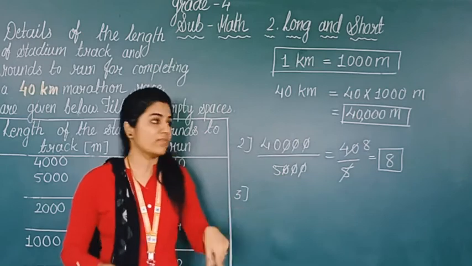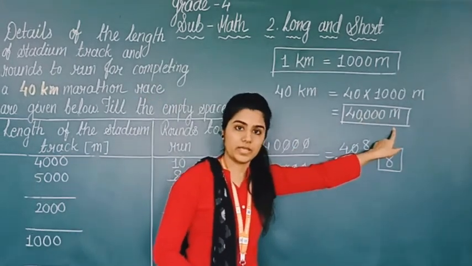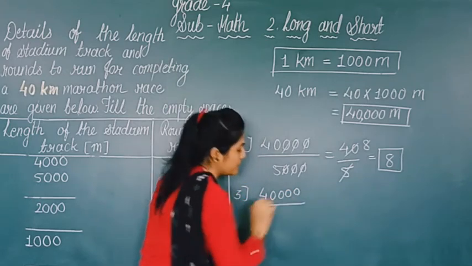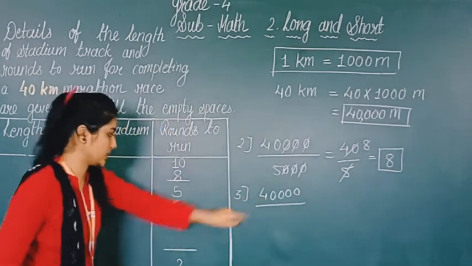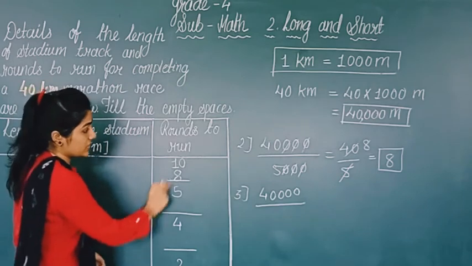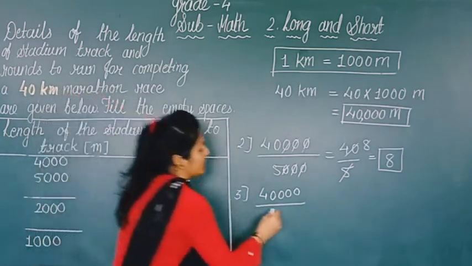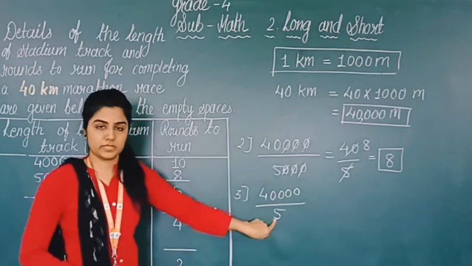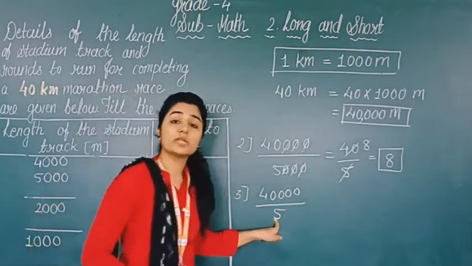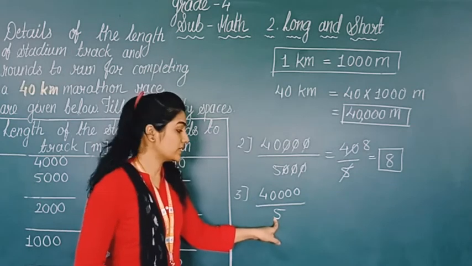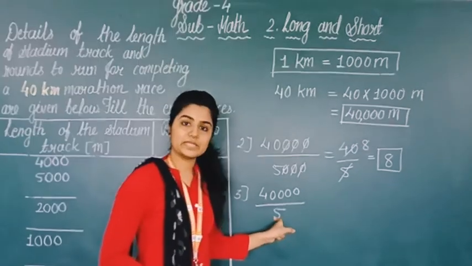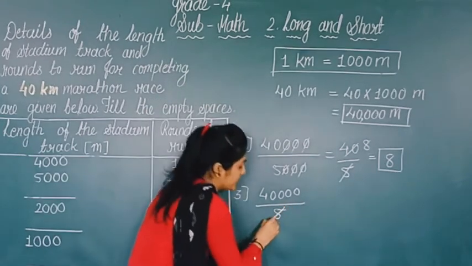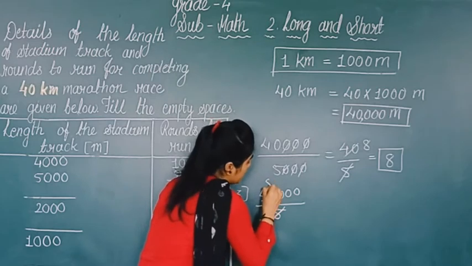तो हमारे पास stadium का 40,000 meter है area, total area. So we are taking every time this 40,000 meter, and we are dividing this 40,000 with this 5, which is our rounds to run. So we are dividing this 40,000 with 5. Now there is no any zero backside here, right? So we are dividing. You have to remember the table of 5. What is the table of 5? 5 8s are 40, right? 5 8s are 40. So we have cut this 5 and we can put here 8.